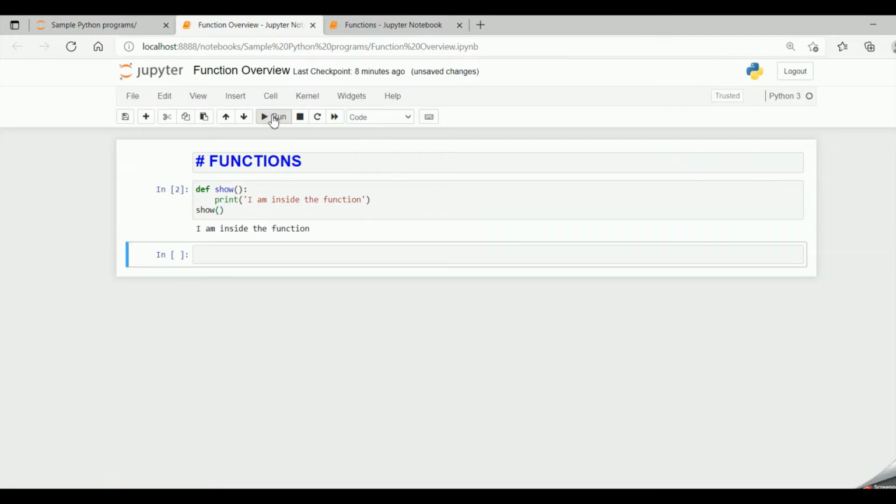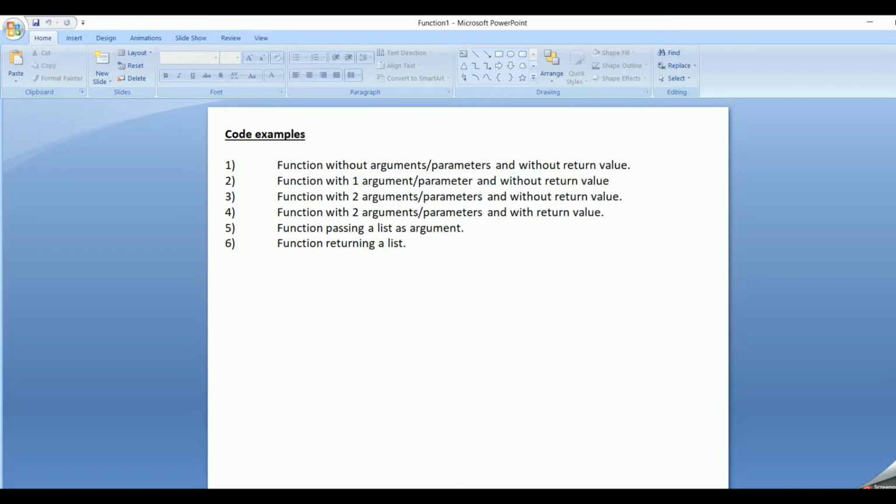When I run this code, I get the output "I am inside the function." So we have to call the function to make it executable. Otherwise it is just as it is, and we cannot get the output. So this was for a function without any arguments and without any return value.